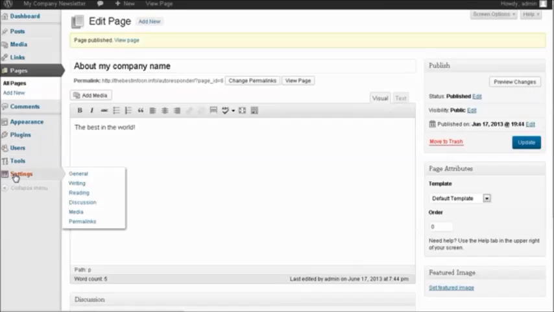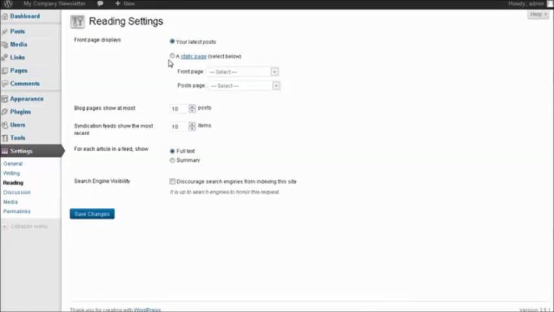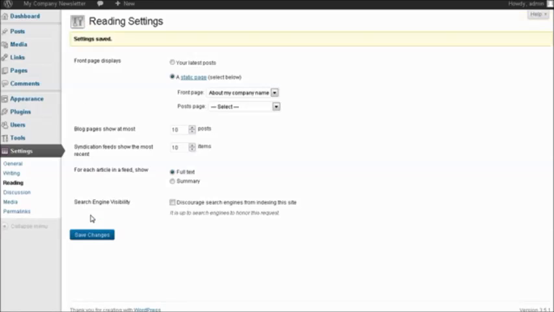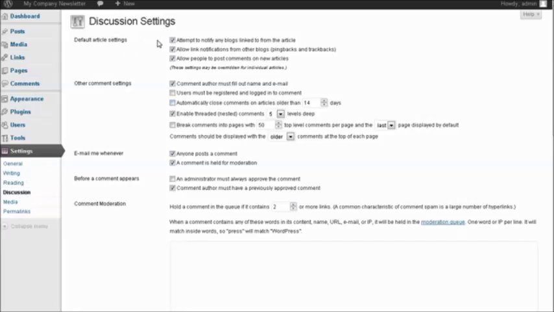Okay, now we want to go to settings, and then we want to go to reading. I want to set this to a static page, and the front page is going to be the one we just built. Okay, very simple. And then we're going to go to discussion, and we're going to turn off the discussion. So attempt to notify blogs, allow link notifications, allow people to post comments. Turn that all off